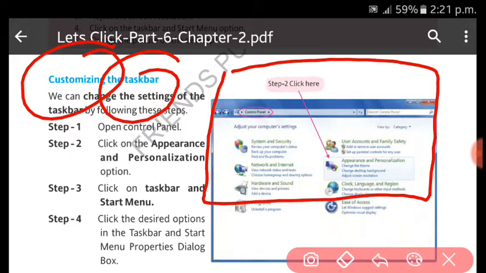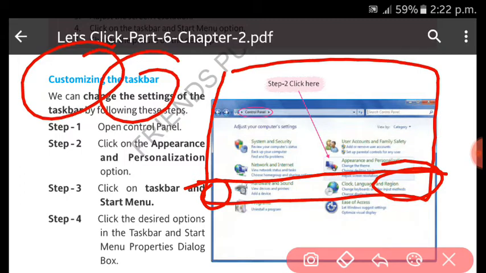Whenever you open the computer, you can see there is a taskbar downside. There is a start button, time, Windows Explorer, Internet Explorer, and many other software. So this is the taskbar. To customize means we can decide what things we want to keep here, and we can make it possible by our choice.